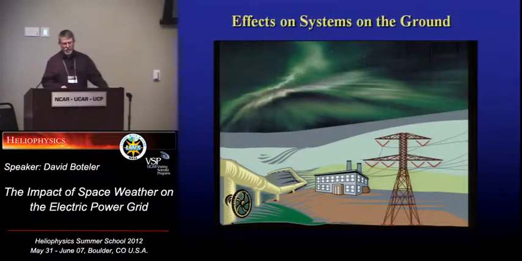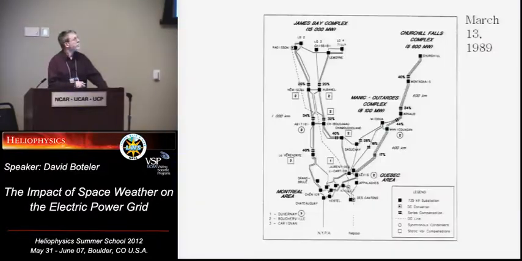Right, to come up to the modern day, the main systems we're concerned about now are the electric power lines and also oil and gas pipelines. These are the two major systems where you've got long electrical conductors stretched over the Earth's surface. And the famous event is on March the 13th, 1989. You've probably all heard about this. And this is the Hydro-Quebec electric system.